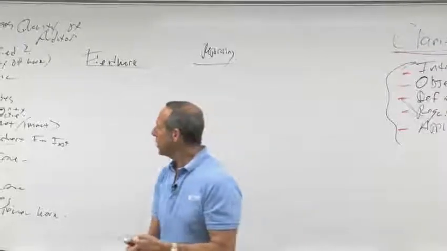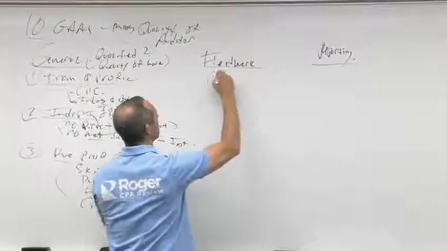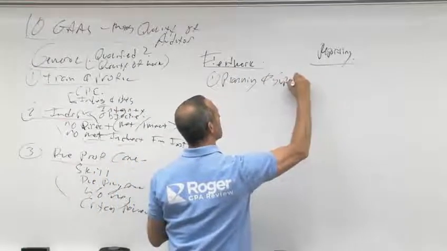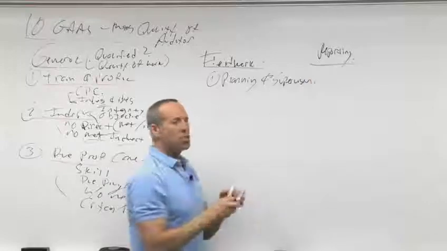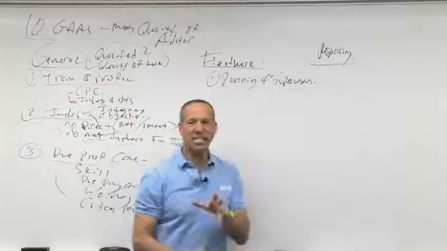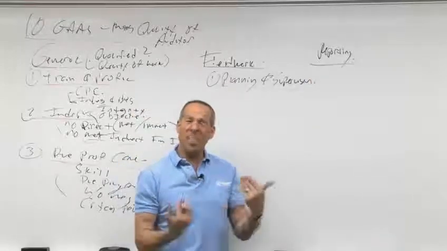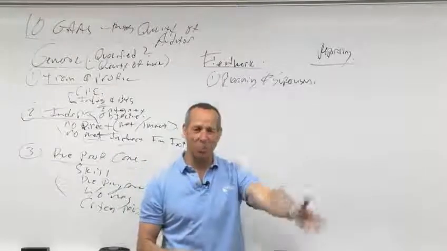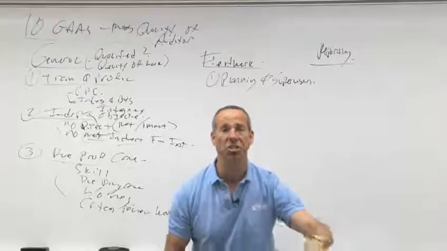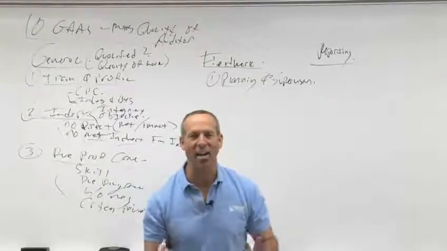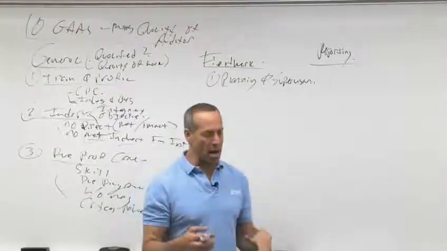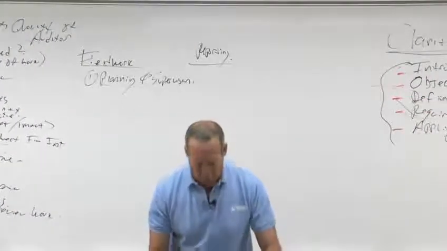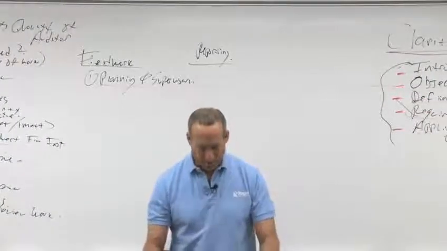All right, so the first one talks about planning and supervision. That means that you want to make sure that assistants are supervised and that the job itself is properly planned. We'll talk later on about planning procedures, planning considerations, and I'll give you wonderfully exciting mnemonics and memory aids as a good way to remember what falls into that area. So you'll see here the auditor must adequately plan, and must properly supervise.